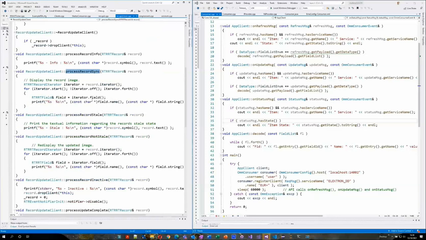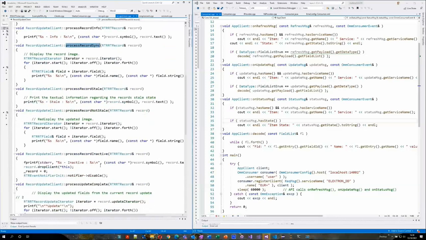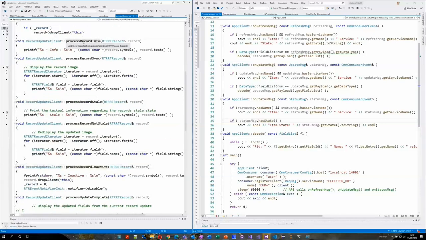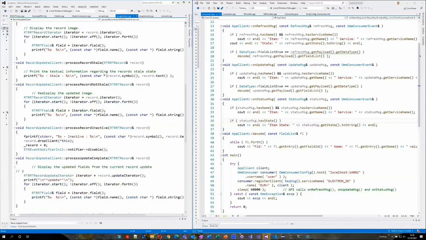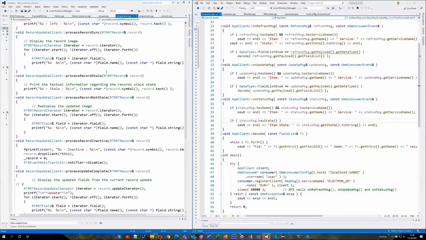message back from the server with a payload, likewise if you get an update from the server, or if the record goes stale or not stale when it recovers again, you get the full image sent back to you. There might also be some other handlers you'd have to implement. Things like if a record is closed off for whatever reason, if it expires or some such, or there's some other status information coming back from the actual server for a particular instance. You can see it's fairly straightforward in SFC, and I'm going to pass over to Vasavi, who's going to talk through the EMA equivalence.